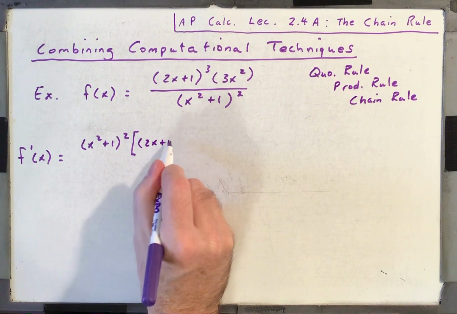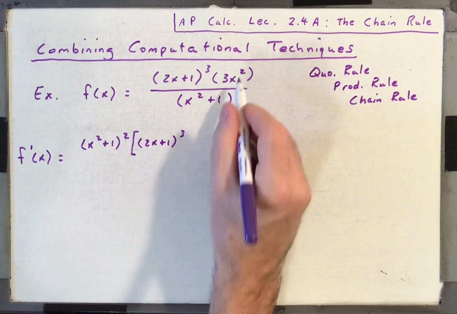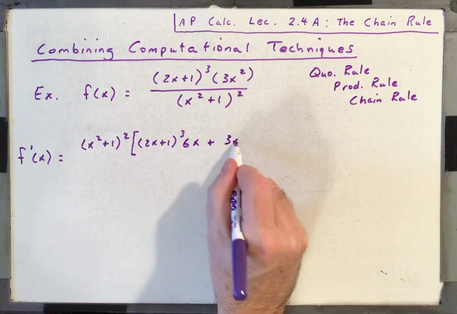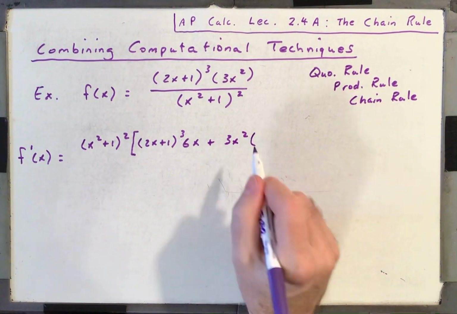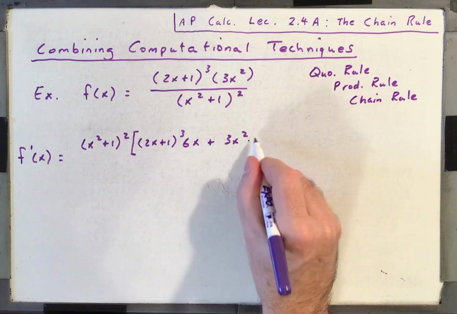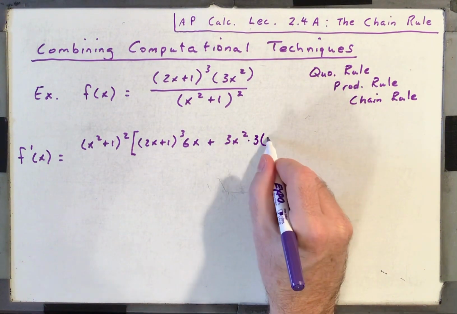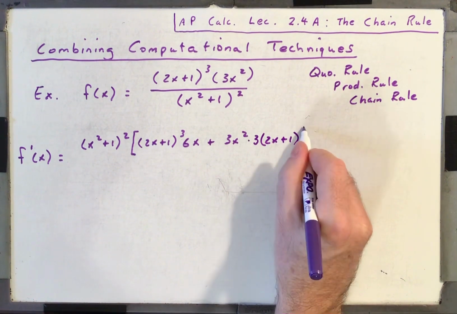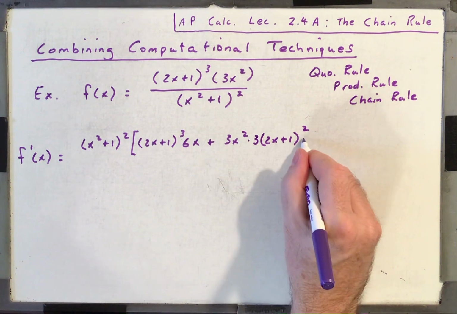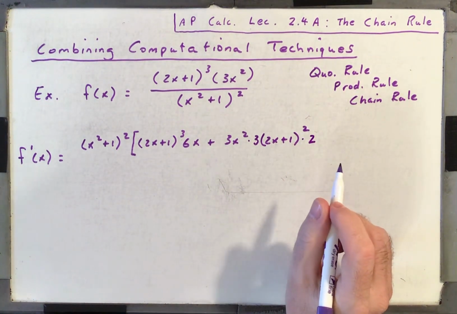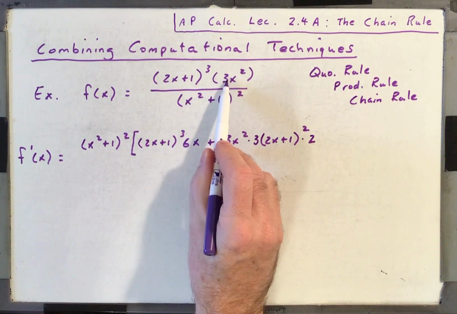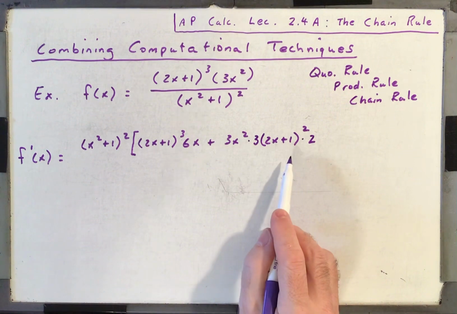2x plus 1 all cubed times the derivative of the second, 6x, plus the second, 3x squared, times the derivative of the first. Well, that'd be times 3 times 2x plus 1 squared times 2. Okay, so the bottom, the derivative of the top, first times the derivative of the second, plus the second times the derivative of the first,